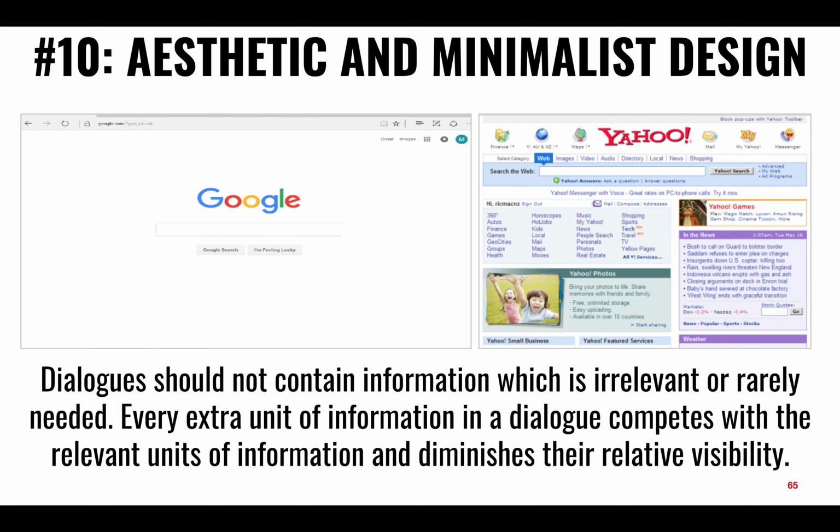And finally, the 10th idea is to just be careful, based on who your audience is, about the amount of information that you might want to provide your user. You might overwhelm them.